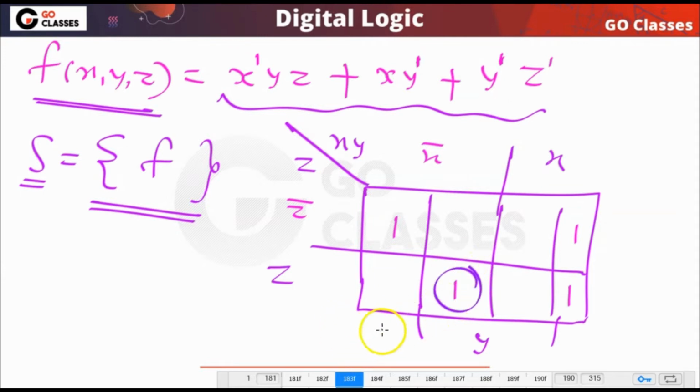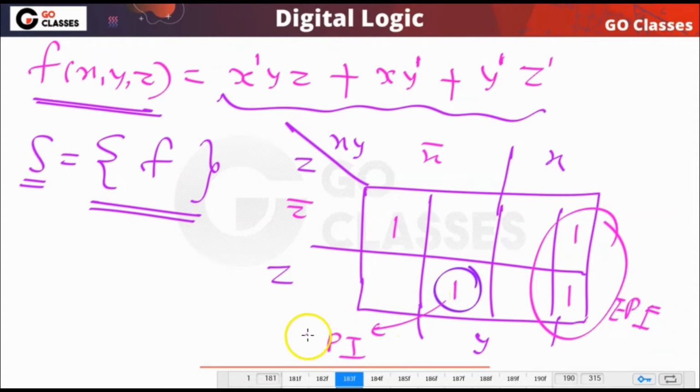You can notice this cannot be minimized. This is a prime implicant, this is also an essential prime implicant, this is also an essential prime implicant, and this is also an essential prime implicant.